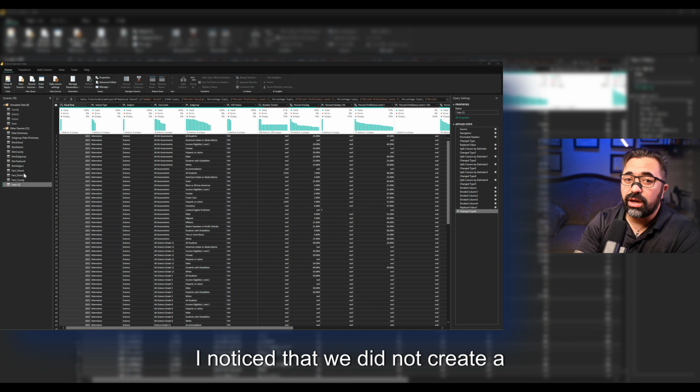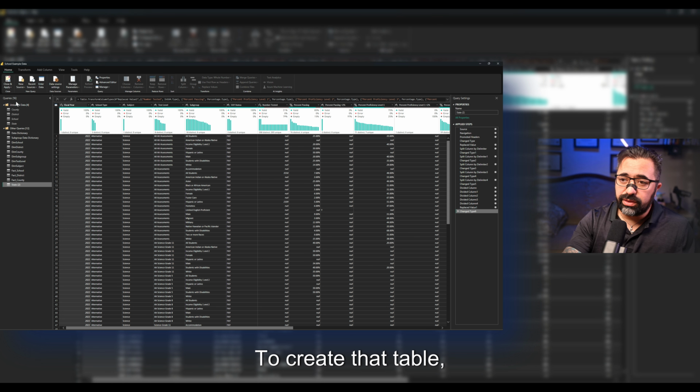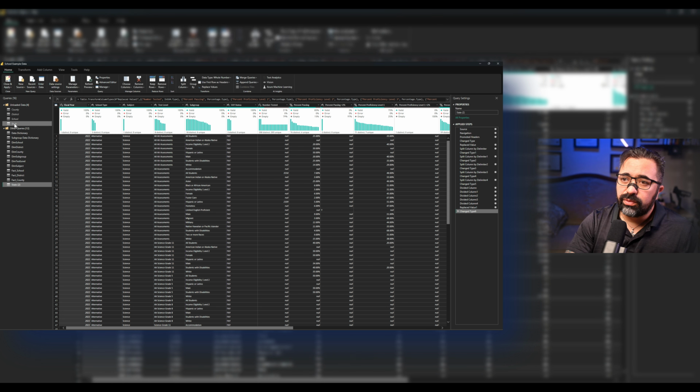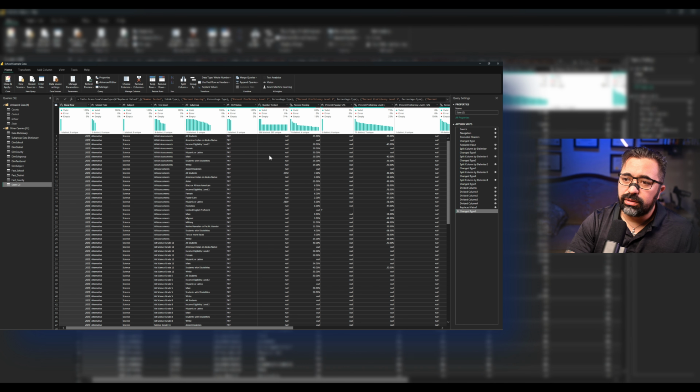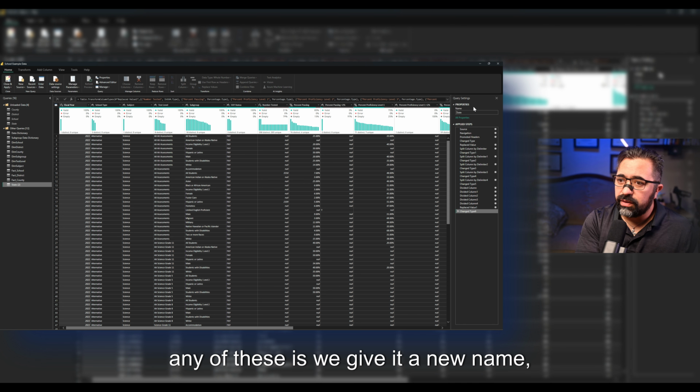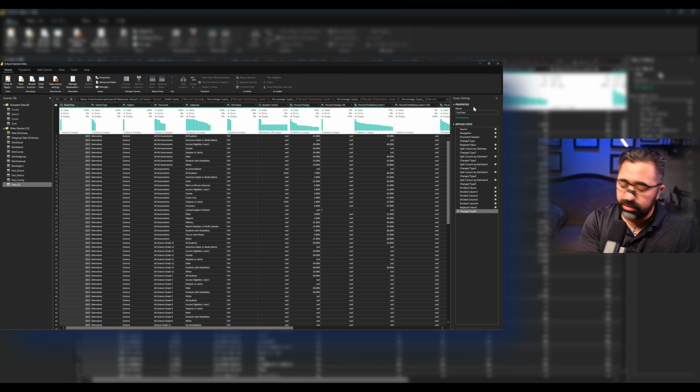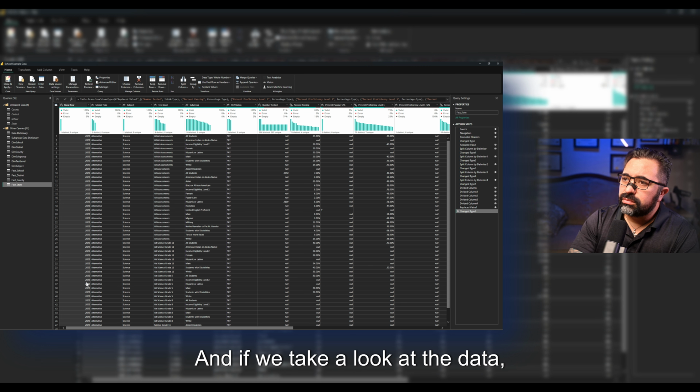I noticed that we did not create a fact table for the state table. To create that table, right click on the state, click on duplicate, and then I moved it over to other queries, right click on it, and then enable load. Now the first step in any of these is we give it a new name, fact state. And if we take a look at the data,